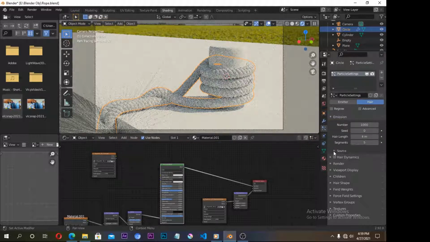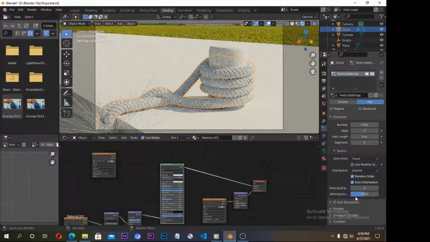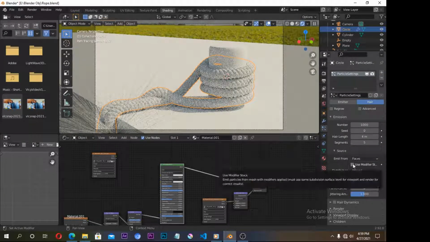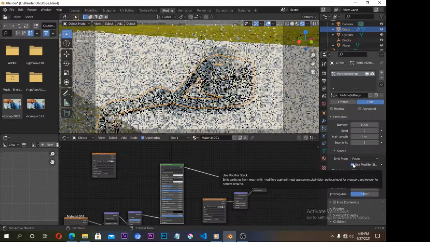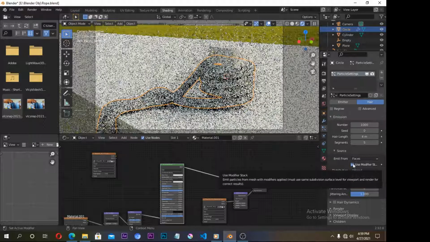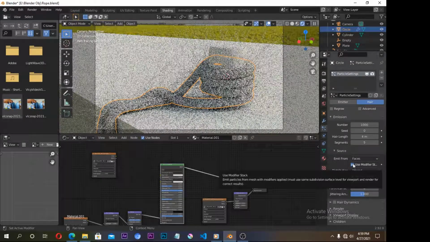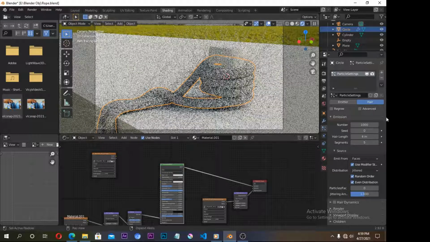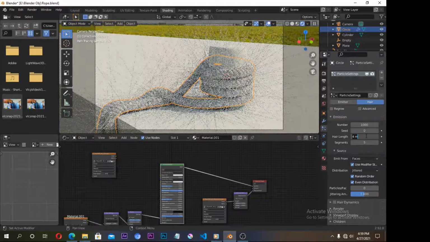So let's come where it says source, open this, and then enable where it says use modifier. What does it say? Modifier style. Enable this. So notice it actually enables the fur everywhere around the body, which actually is to our advantage. It's what we want. So we change the hair length from 4 to